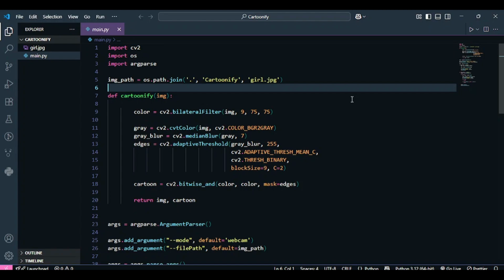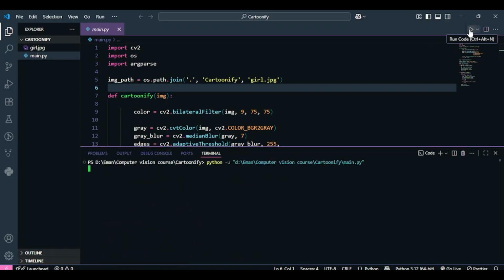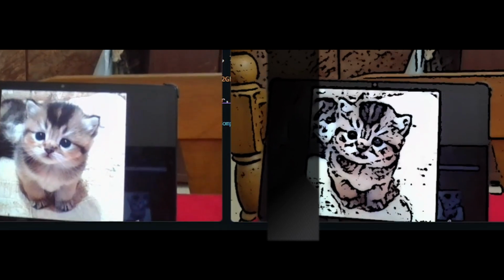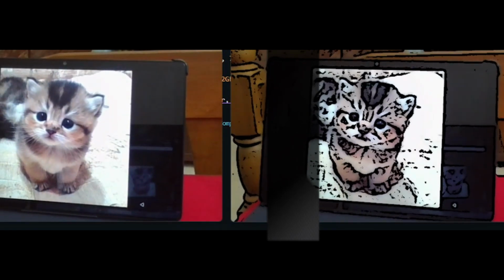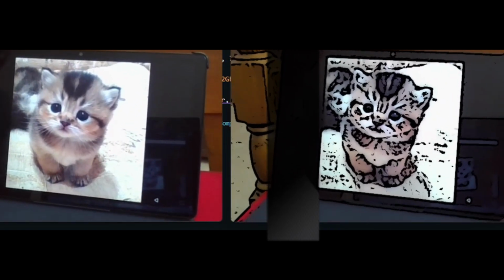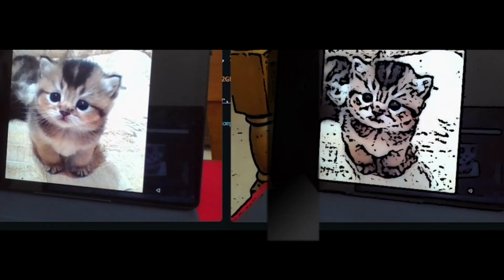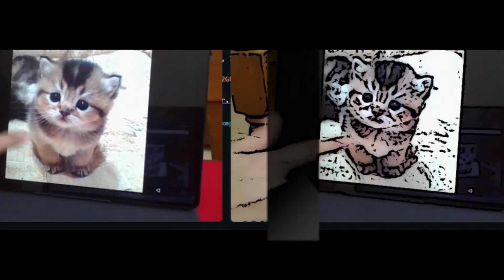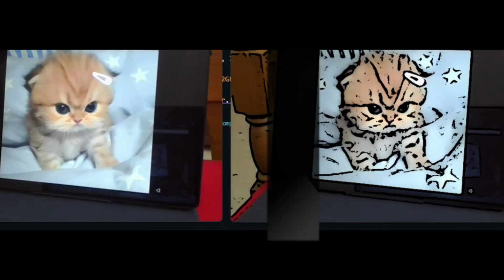But before starting coding, let's first see what kind of result we're going to get. So I am going to run this program and you can see the webcam and the results of it. On the left side you can see the original image, and on the right side of the screen you can see the cartoonified image. It basically works for everything, but I have prepared a few images so that you can see how cool it actually looks.